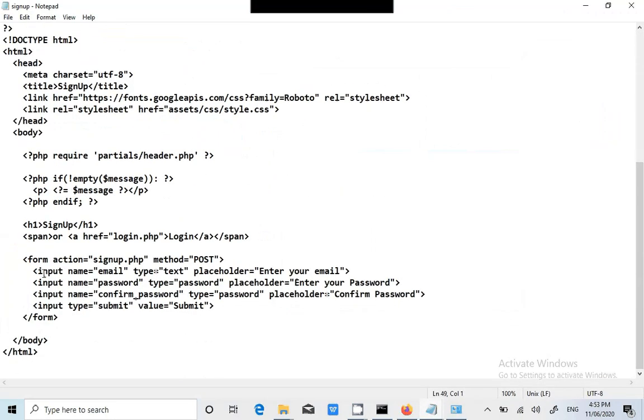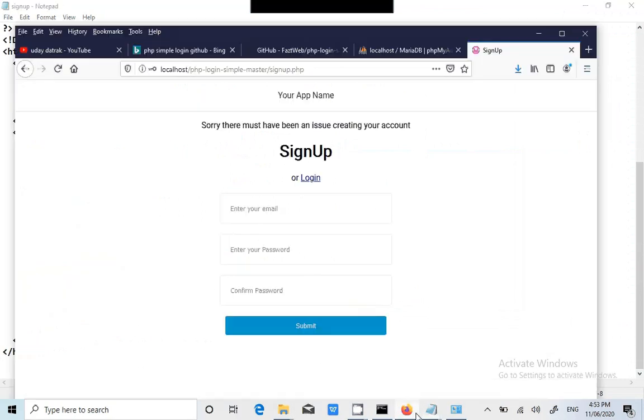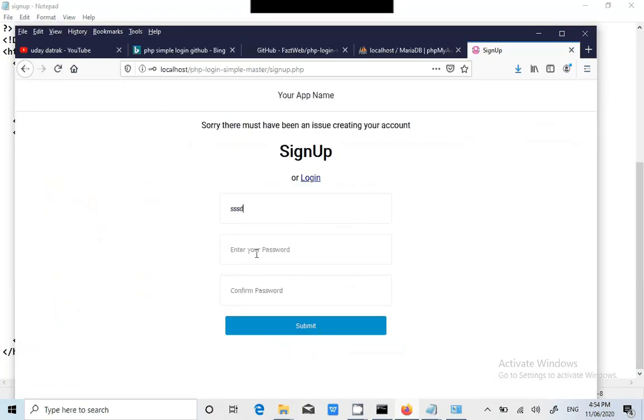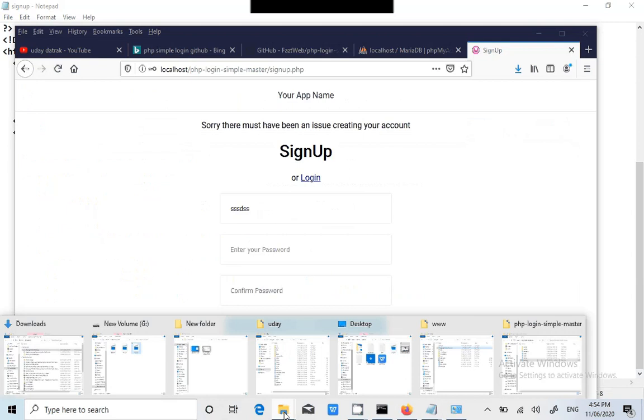Whenever you type any input, it's storing how many input fields we have here. Very important, guys. Username, enter your email, enter your password. We have three boxes. Whenever we fill our input in these boxes, what happens in the backend? Don't call them boxes, we call them text fields. But for you, no need to remember those terms, you can consider them as a box itself, or else text field.